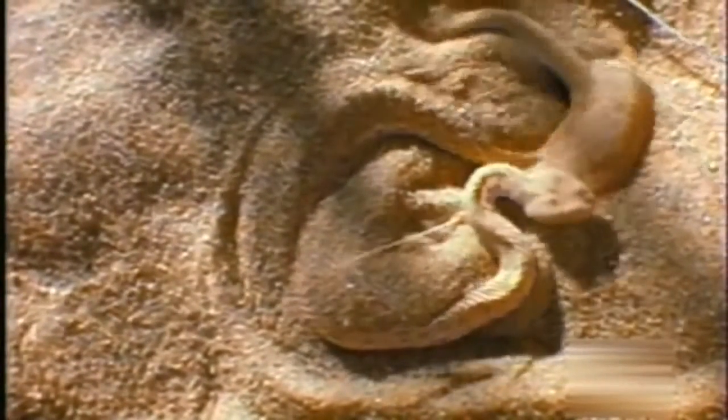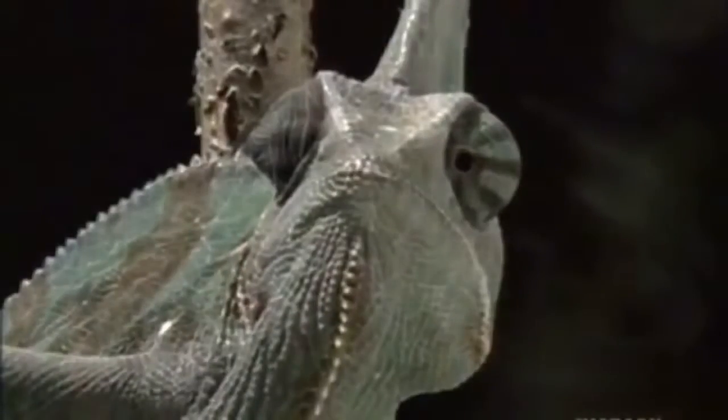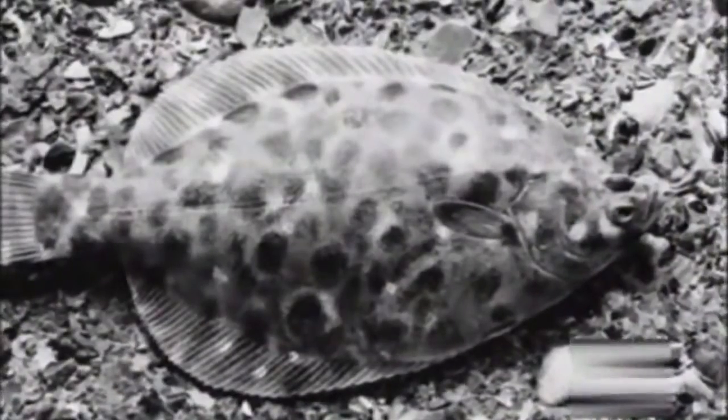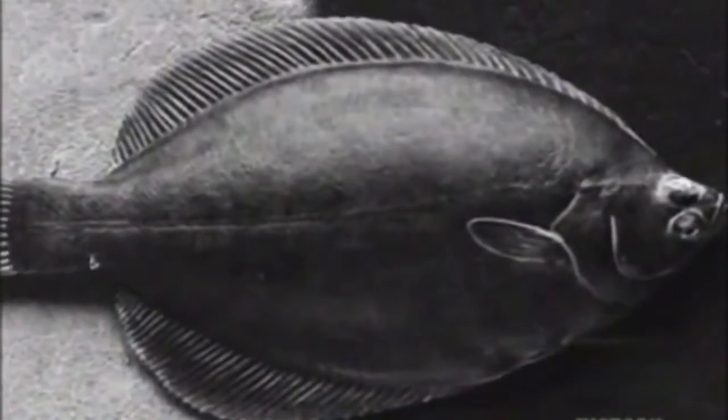There are animals which can change their coloration depending on the background they're up against. Chameleons are, of course, very well known. There's some flatfish that can do this also. Tiny freshwater sole, which have both eyes on the same side of their head. But if you put them on a bottom which has got any particular pattern, they'll realign their coloration to match that. The flounder performs its disappearing act thanks to chromatophores, special cells containing pigment granules that enable the organism to